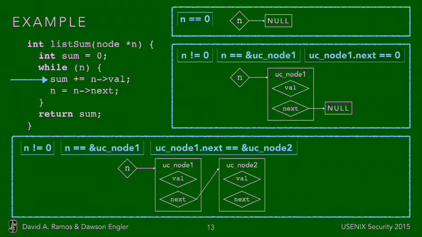We'll then bind UC-node1.next to this new address, to this new object, by adding the path constraint that UC-node1.next is equal to the address of UC-node2. Execution continues as before. We read this next field. We return once again to the loop header. And so this would continue ad nauseum until the tool reaches the user-specified depth limit. And so here we'll assume that the user specified a depth limit of 2, and we'll stop at a linked list of length 2 and break out of the loop,